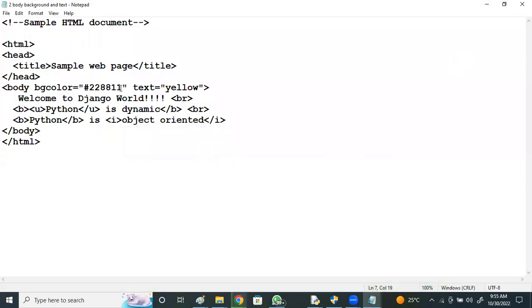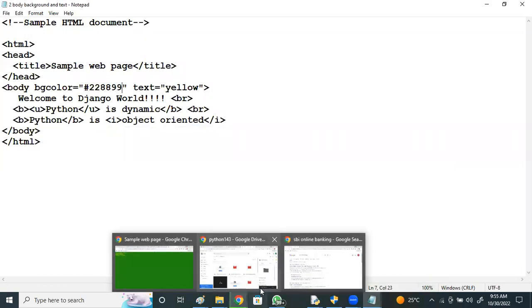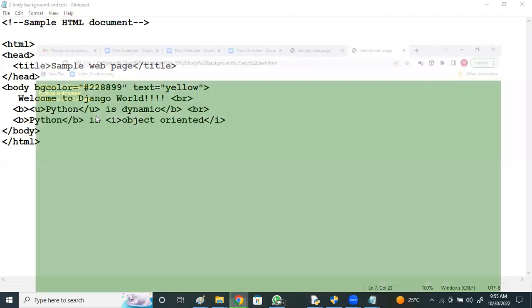I have one question, Vijay. Only 3 color options are there, or can we use any? You can get different colors from a combination of RGB. See, if green is there and you increase the blue color, you will get a different color. If I make it 9 9, now you see which color you will get. In this way, blue is increased.